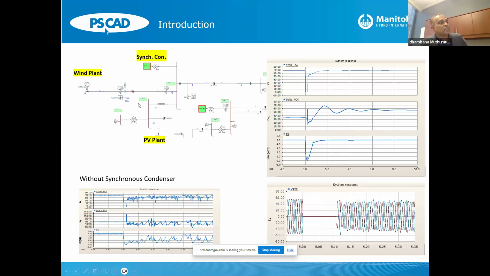Now, what I'm trying to do here is to connect a wind plant to this location in the grid. Okay, so if I apply a fault on this line and trip this line, obviously the voltage here would go through a transient, right? From a steady state perspective,